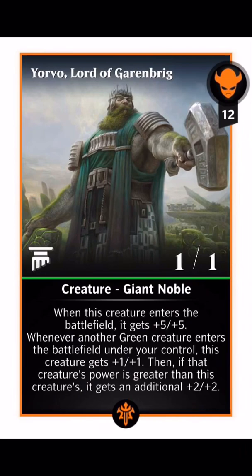Yeah, so Yorvo is also pretty darn cool. So 12 for a 1/1. It's going to fulfill the same purpose as our giant from earlier. And oh yeah, he's a giant too, right? So when you have objectives where you need power X or less, this dude is going to be awesome for that. And then when this creature enters the battlefield, it gets 5/5. So it's really 12 for a 6/6. And then whenever another green creature enters the battlefield under your control, this creature gets +1/+1. Then if that creature's power is greater than this creature's, it gets an additional +2/+2,